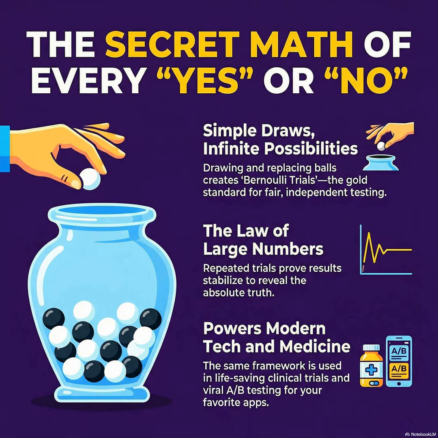Okay, wait. Why is putting it back so important? I mean, if you have 1,000 marbles, one missing ball isn't going to change the math that much, is it? It changes everything. It's called sampling with replacement. If you don't put it back, the urn is literally a different thing for the next person. By putting it back, you're hitting a reset button. The probability is exactly the same for every single draw. It ensures what we call independence.